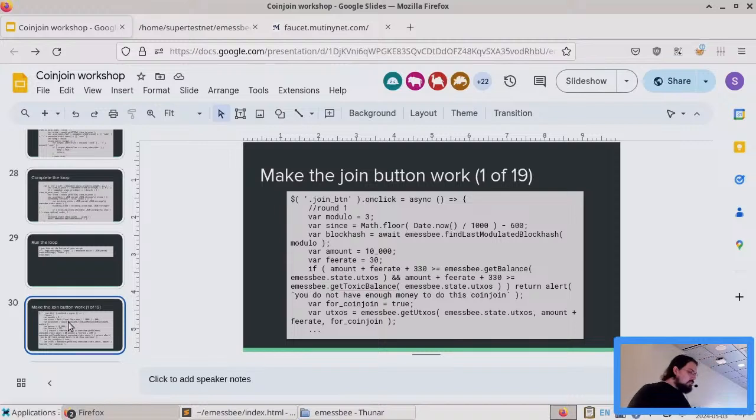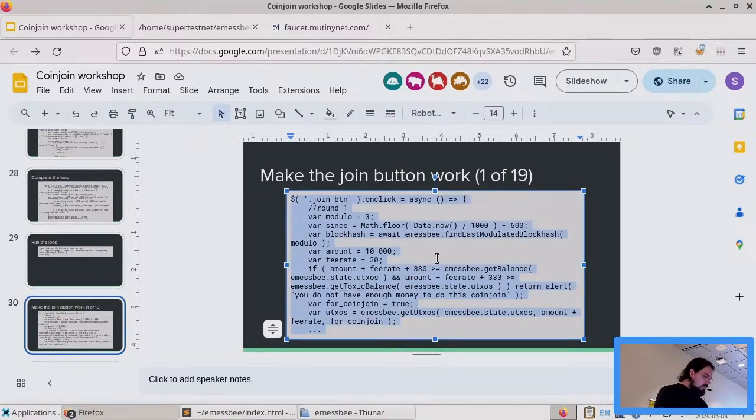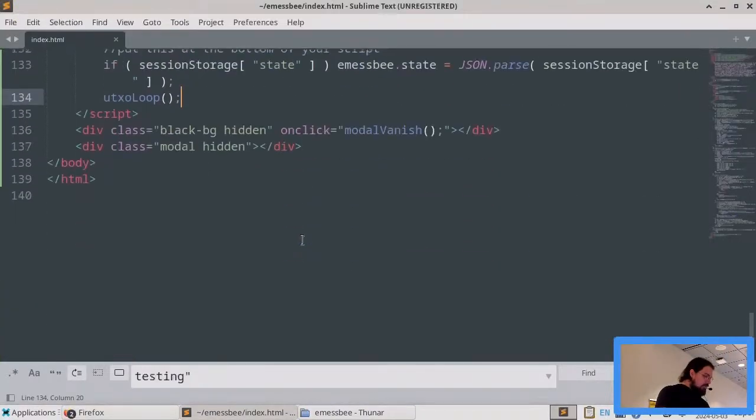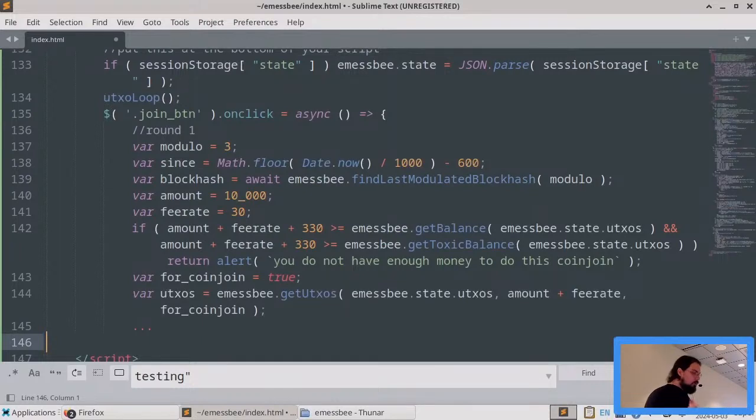Great. Awesome. Now that we have the receive button working and we can detect when we've received UTXOs, it's time to make the join button work. As you might imagine, this is the heart of the wallet, and it's a long function, 19 sections for this one. But I think that's to be expected because this is what the wallet is for. It's going to be the thing that takes the longest. Okay, so